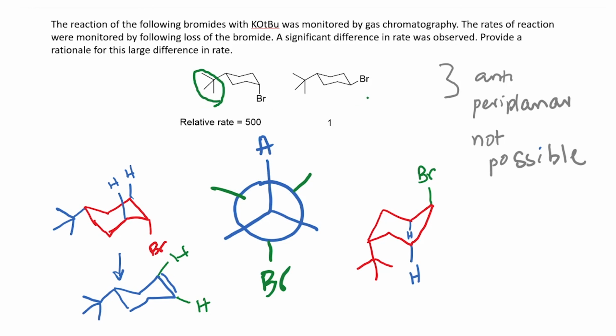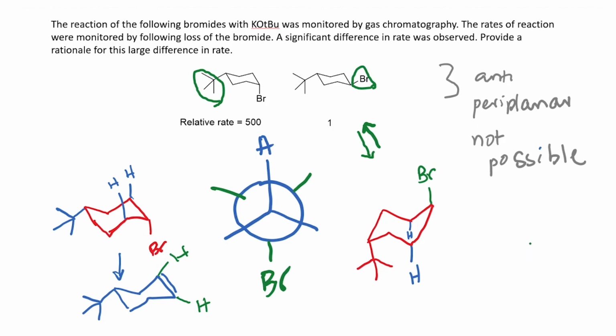However, in the second case, the problem that we see here is that the Br is in the equatorial position, and therefore, if you look at the hydrogens which are next to it, it's actually not going to be able to achieve the 180 degrees angle. And so this compound actually has to flip. So if it does a ring flip, then you get the other isomer, which is shown here. And once you do the ring flip, you get the Br in the axial position. And then this Br and this hydrogen are actually now at 180 degrees, and they can be anti-periplanar and the